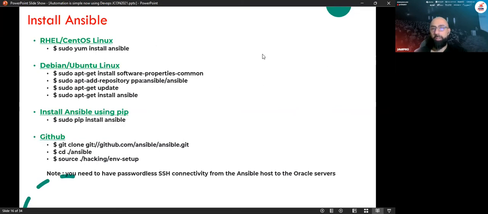The installation is very simple for Ansible. For Red Hat, all you have to do is define the repository in Linux, and after this, you can install Ansible. For Ubuntu as well, you need to define the repository and then install using apt-get install ansible. Or you can install it using the pip command, which is responsible for Python packages. Or in case you want to install it by yourself, you can just clone the project from GitHub, run from the source, and then install Ansible itself.